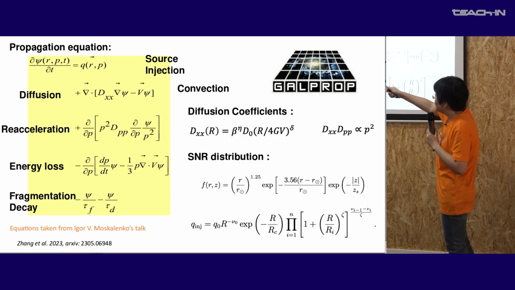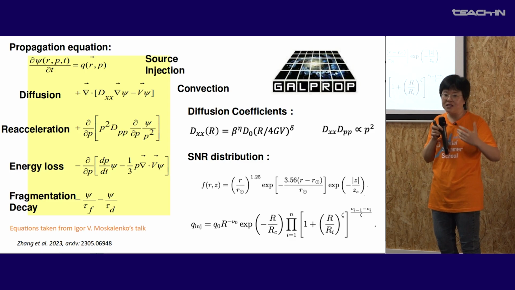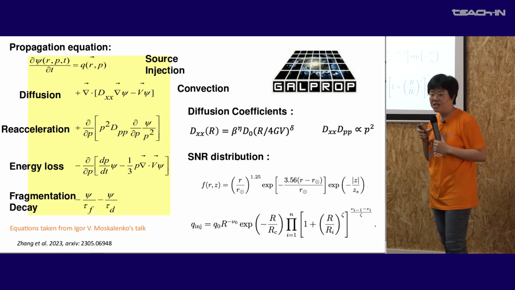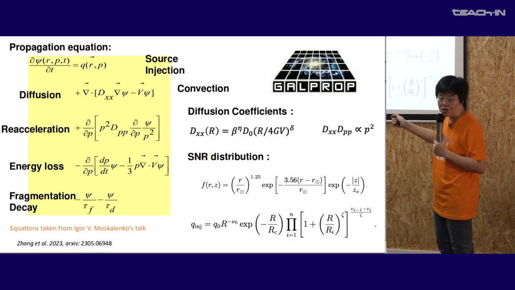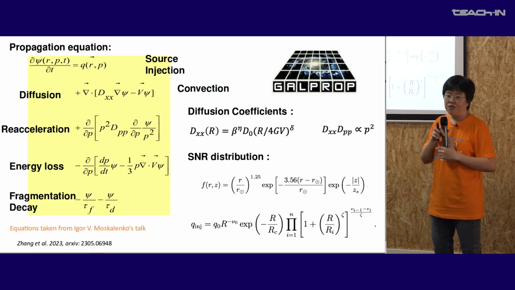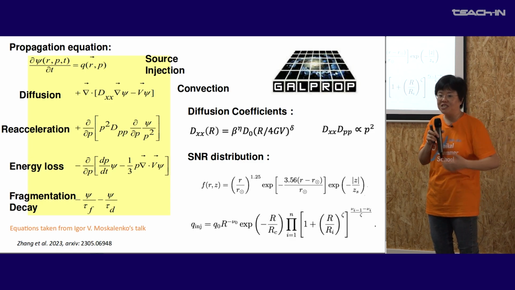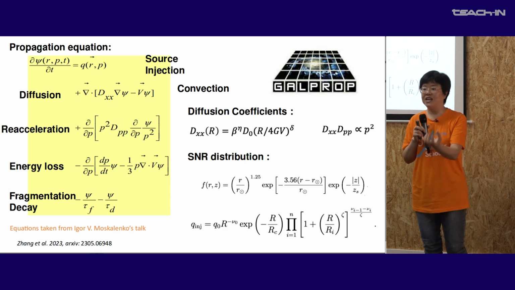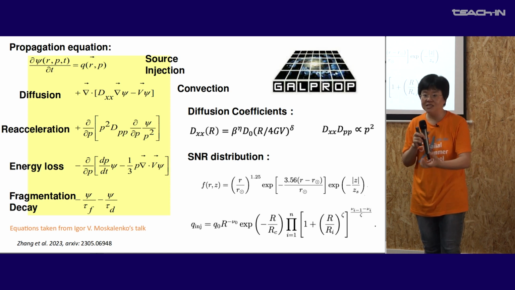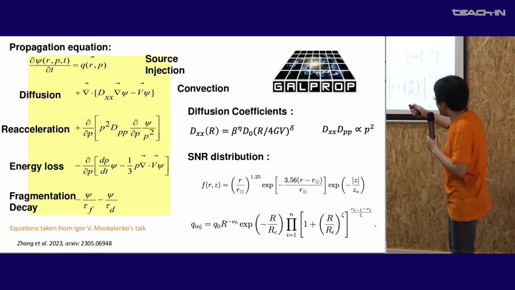That's our injection part. And there are some other parts, like, okay, they will undergo the diffusion. The diffusion parameter also has two parts. One is a spatial distribution. If we assume our galactic plane is uniformly distributed, then there's one way. If you assume close to the galactic center is more condensed and far away is less dense, then you